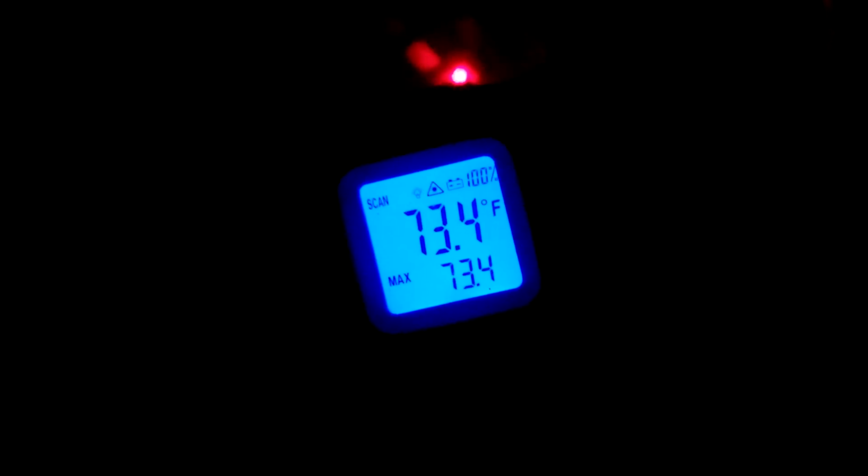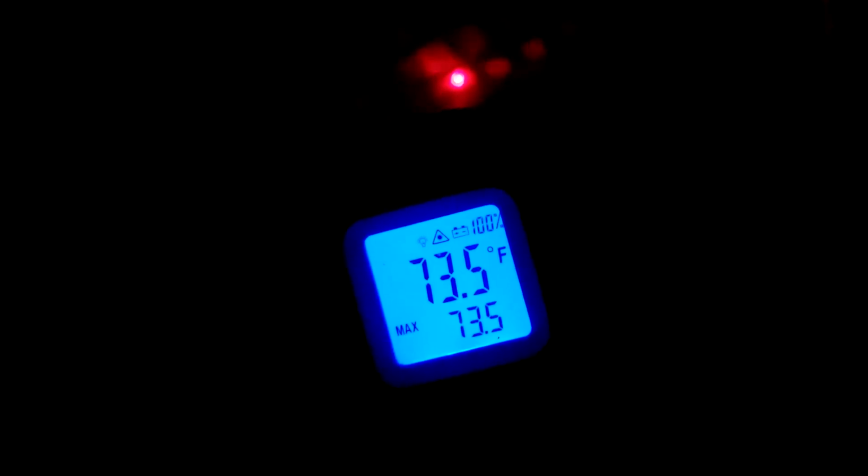Okay, guys, it's actually a few minutes later. It's still running. So now the air coming out of the vents is supposedly 73 degrees. You can see it's still slowly climbing. Again, that's how these things work. I think the way it works is as they build up head pressure. Because this is basically an air conditioner running backwards. It is extracting heat out of 7-degree air